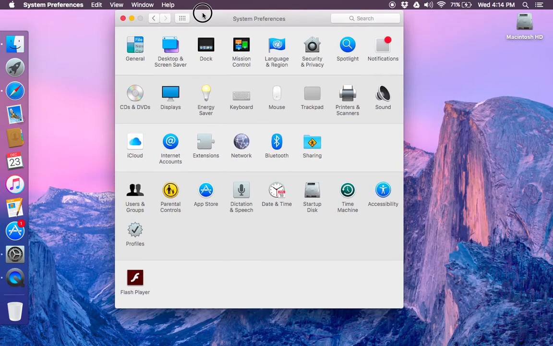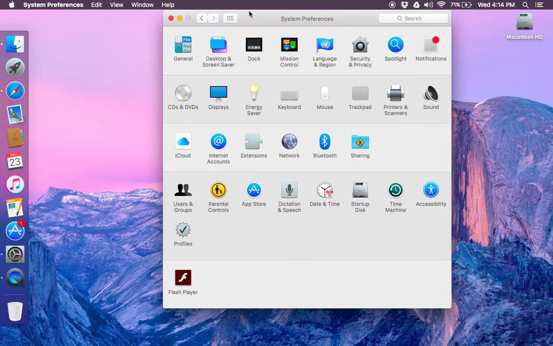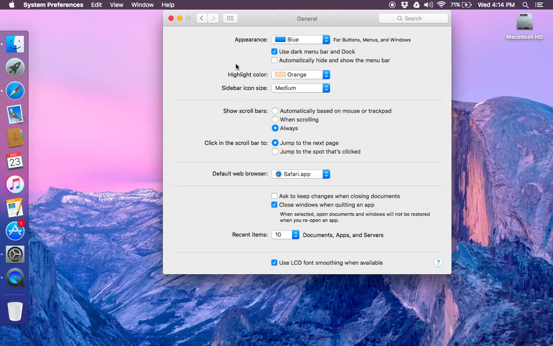And this is much nicer than when I started using a Mac way back when, because in Classic you would have what was known as the control panel folder, which would have all your control panels in there. This, it just makes it much easier. So let's get started. First we have General, which is this, and when we go into General, you have all